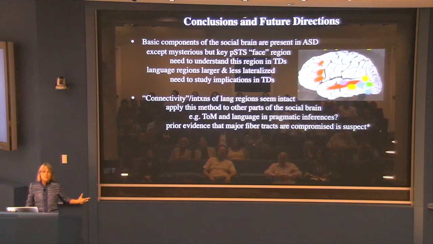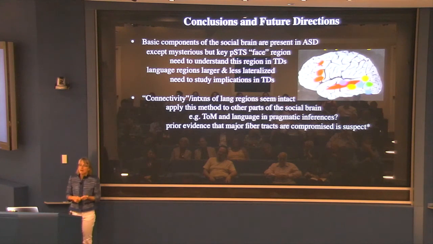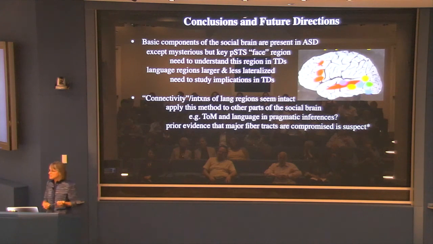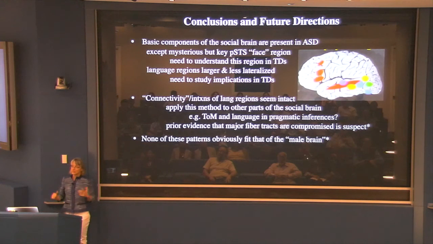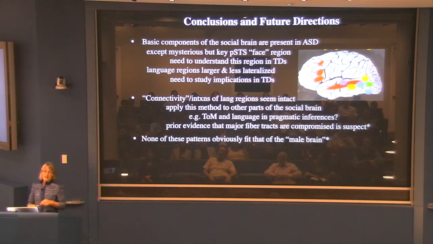Data I didn't talk about, but will if you ask. What about structural connectivity in the brain in people with autism? There's a lot of talk about how the major fiber bundles are compromised in autism. I think it's almost all, well, entirely or almost entirely a big artifact. I'll tell you about that if you want to know. None of the patterns I've shown you today can be significantly seen in contrasts of typical males versus females, although there are very, very weak non-significant trends for some of them in the same direction.